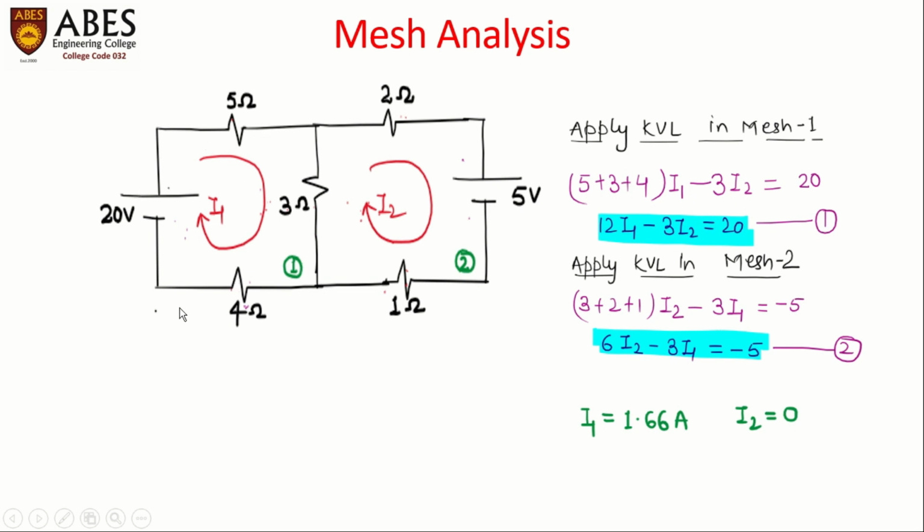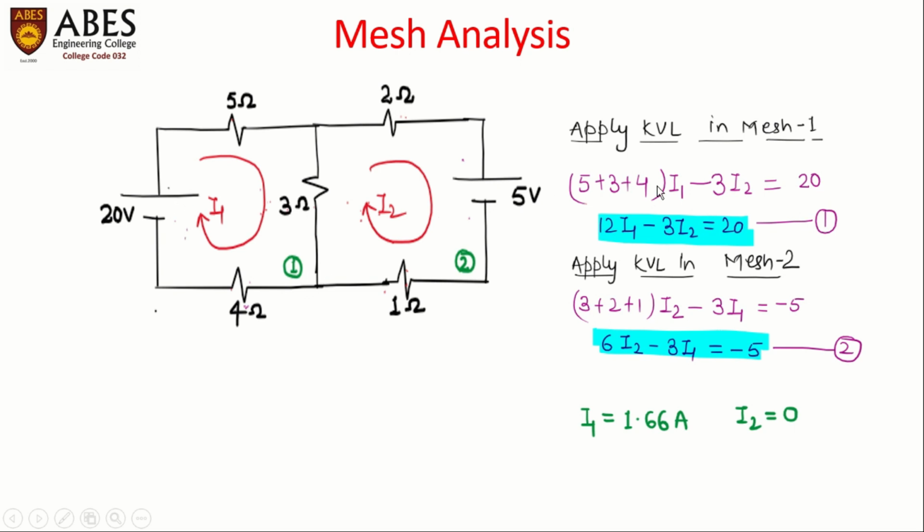Now after writing minus 3I2, I would find the value of voltage sources that is contained by the mesh 1. In the mesh 1, the associated voltage source is 20 volt. Now I have written here equal sign. After that I have written here 20. Now if this 20 voltage source is taken as positive, it means I1 is flowing from lower to higher potential. If the I1 is taken in anti-clockwise direction, then current will flow from higher potential to lower potential. Then I have to write here minus 20.